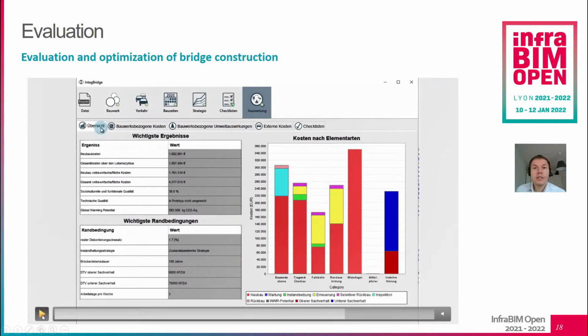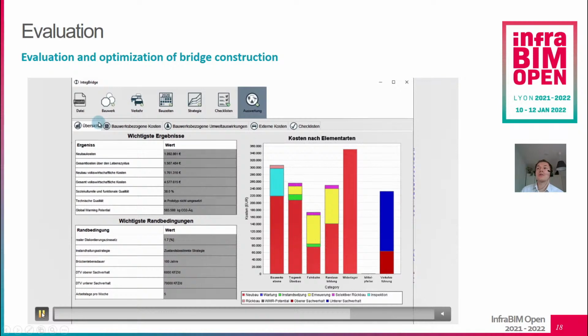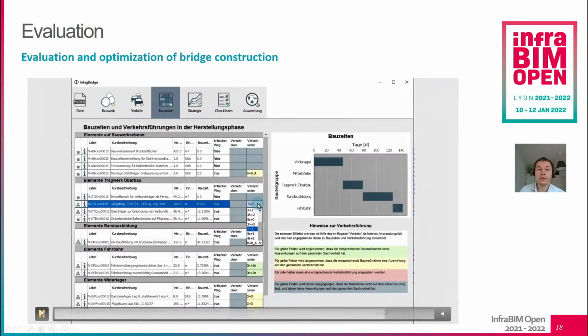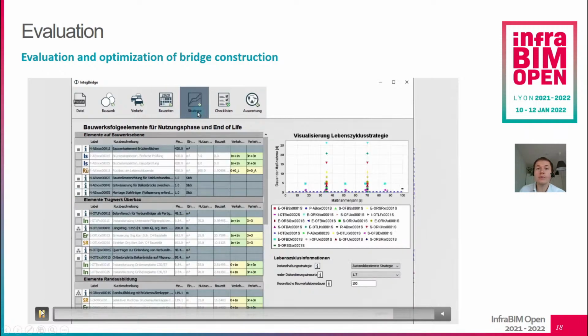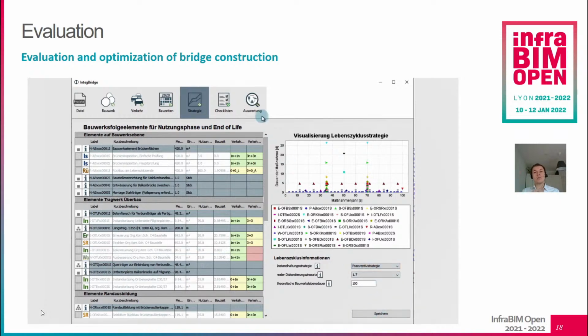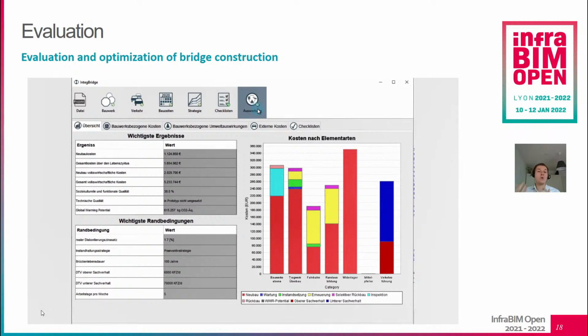And now it's getting interesting, because we can compare different bridge objects. For example, we can go back to our bridge and change the quantities, or we can compare different corrosion protective systems. We can go through the construction phase and decide on another traffic routing, or we can even change the strategy, and then we can do another evaluation and see, okay, maybe for this bridge this corrosion protective system would have been better, or for this bridge maybe we should go with this strategy or this traffic routing.